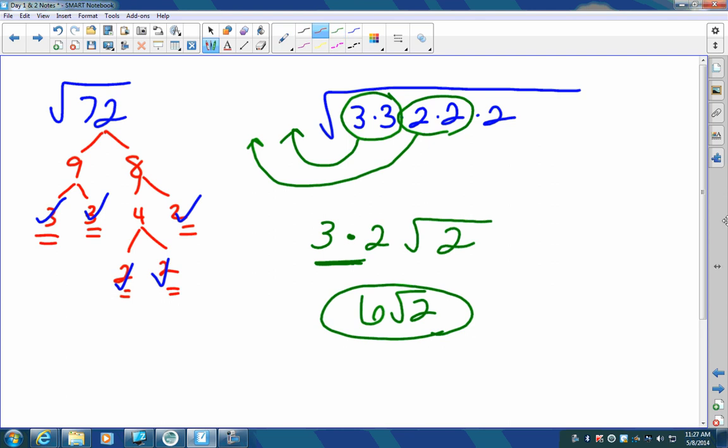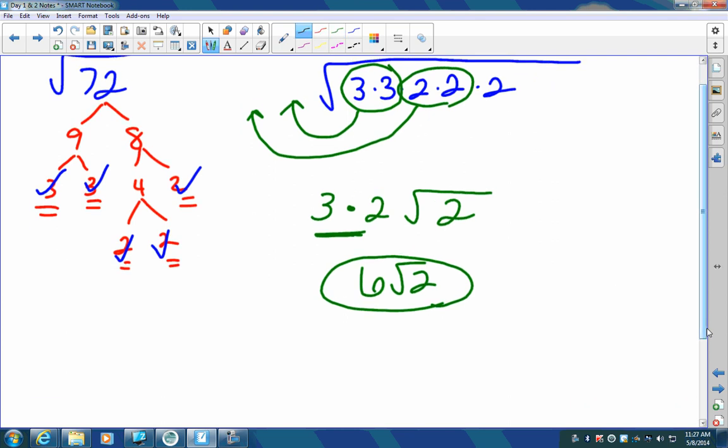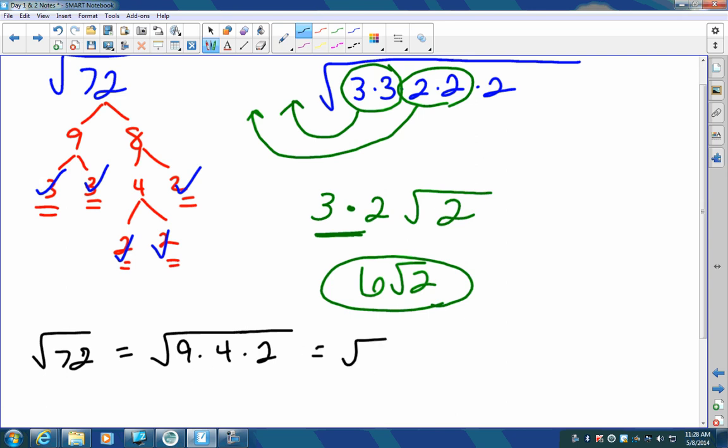Now, if you did it the perfect square way, the way I was doing it a little bit ago, square root of 72, I know that that is 9 times 4 times 2. Does anybody see the perfect squares in here right now? I need your focus for just a couple more minutes. Look, I broke this up. Look, we had 9 times 4 times 2. Underneath this, right here on the square root sign, do you see the perfect squares? Isn't 9 a perfect square and 4? If I broke it up like square root of 9, square root of 4, and the square root of 2,